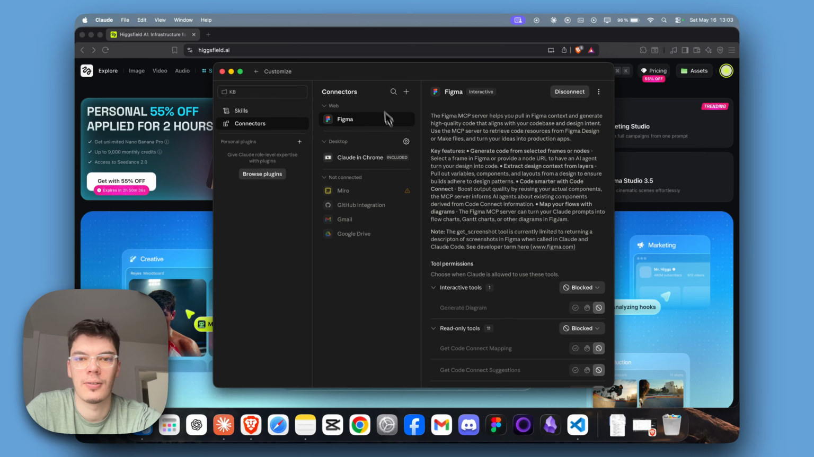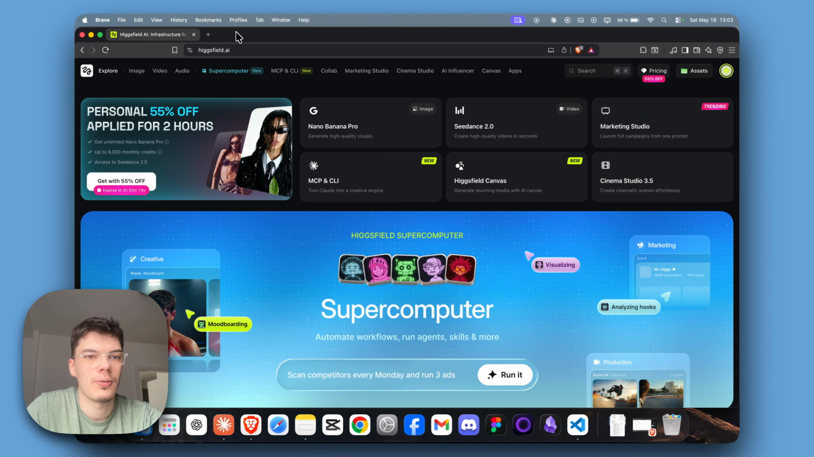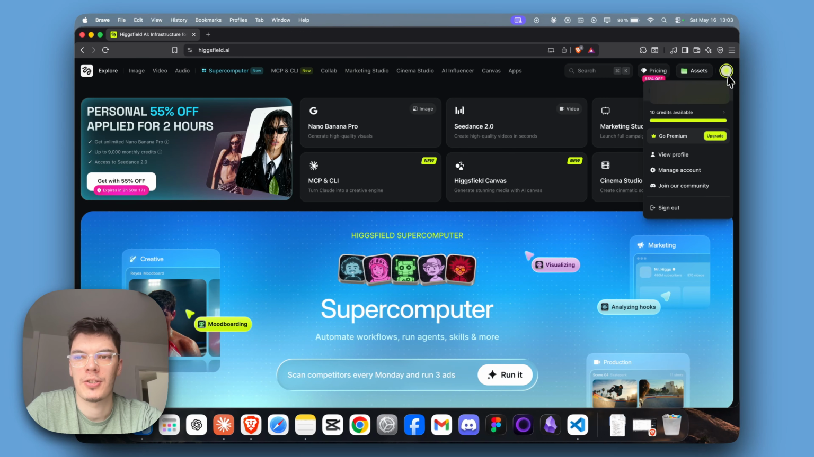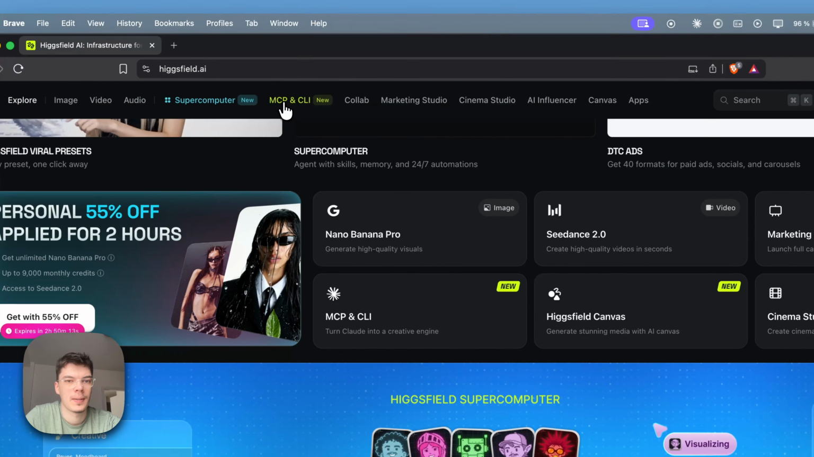Now we want to click on this little plus and click add custom connector. So now type here the name of the Higgsfield like this, and we want to put the link of the Higgsfield here. So go to Higgsfield AI, make sure you are logged in, and here gonna be the section MCP